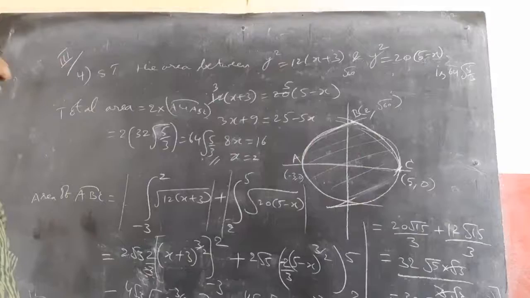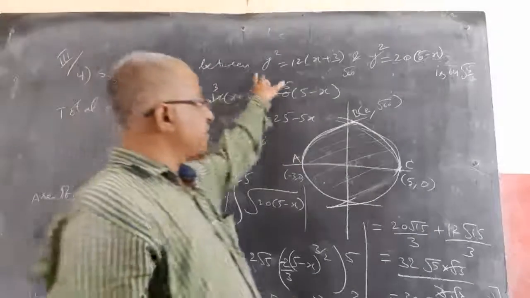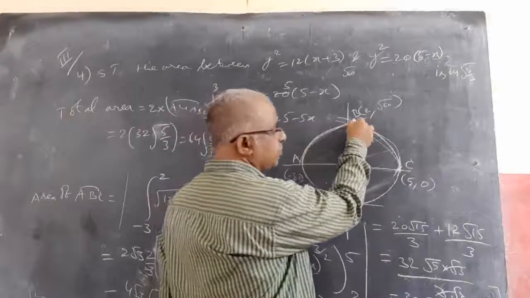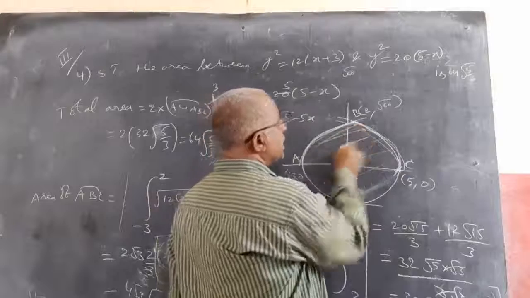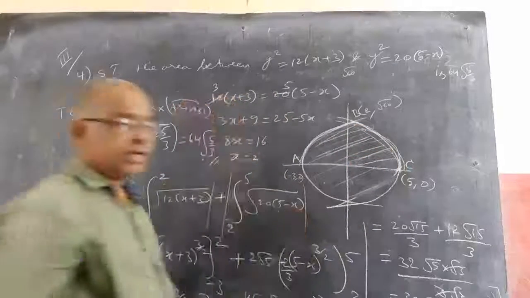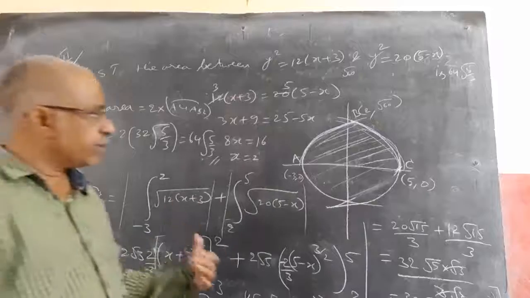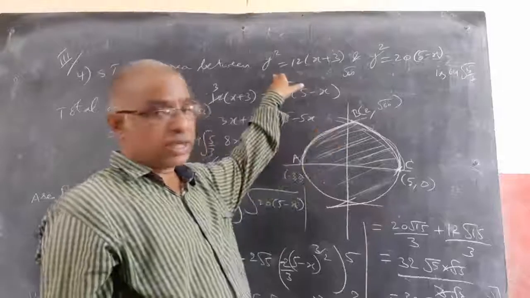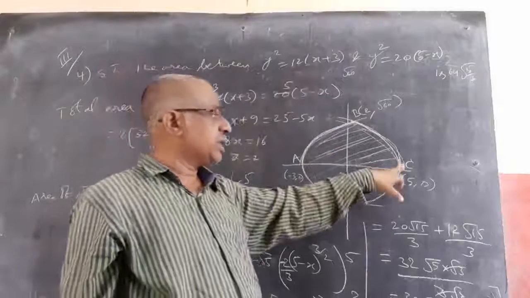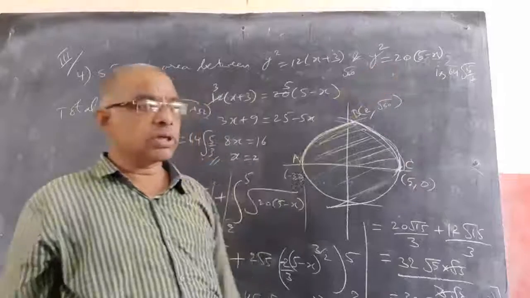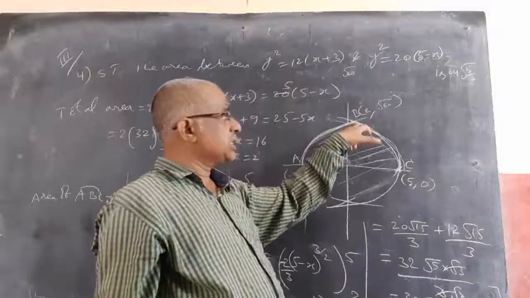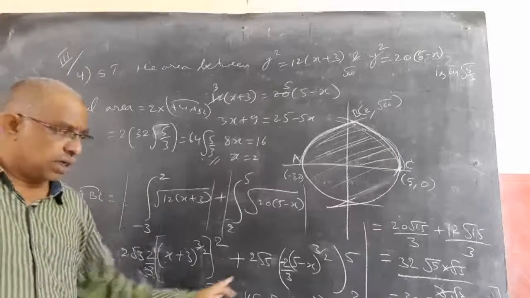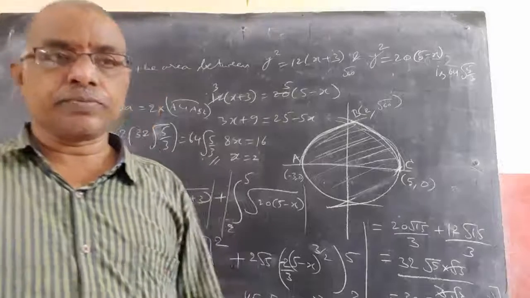Hence proved. So what I did is, first by solving this I found this point. Then from A to B I am taking this term. Then B to C I am taking the second term. Then this area I am finding, area of ABC with the x-axis. Then into 2 giving me the total area. For finding this area I am using the first curve, y square equal to this, y equal to root of this. For the other curve I am getting root of 20 into root of 5 minus x. And solving the two I got this point as 2 comma something. So using x coordinates I found the area with the x-axis. Then total area.